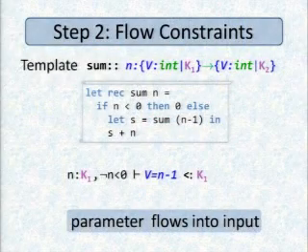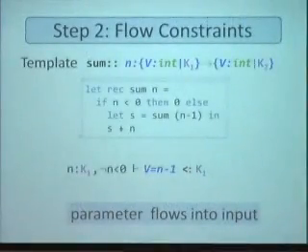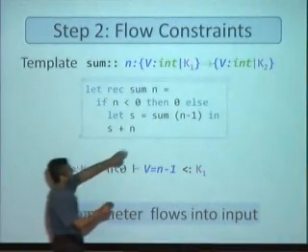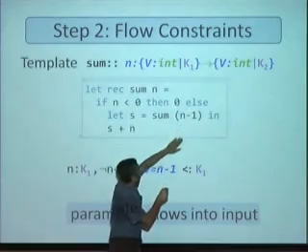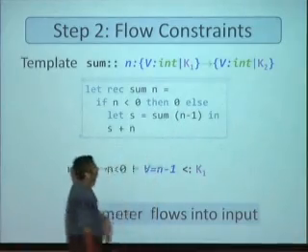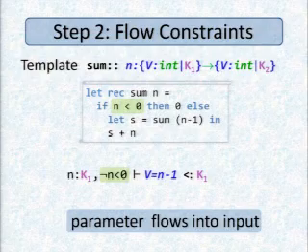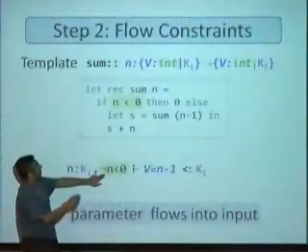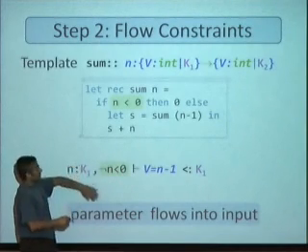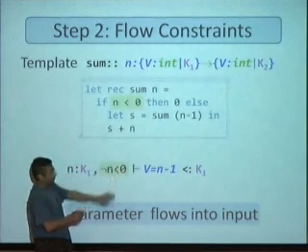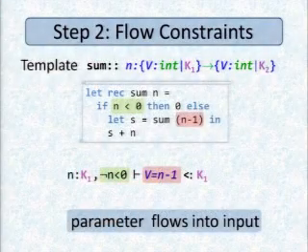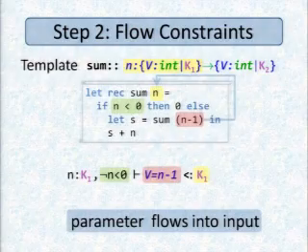Let's see what other constraints we get. Let's look at this place where there's a recursive call that I'm making into sum. I'm going to call sum n minus 1. Here this n minus 1 value is going to flow into the input. Let's see, when does that happen? Oh, it's fine, there's an else over there. So this happens in the else branch. When n is not less than or equal to 0, the argument n minus 1 flows into the input n, which is k1.